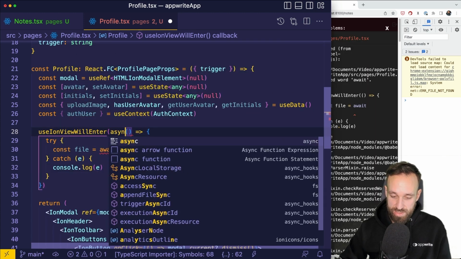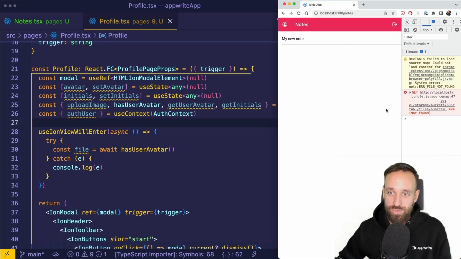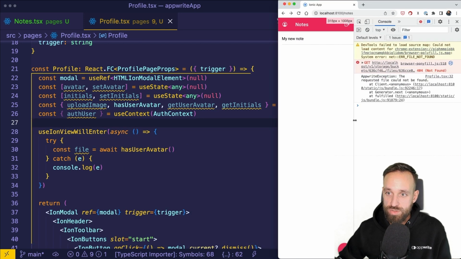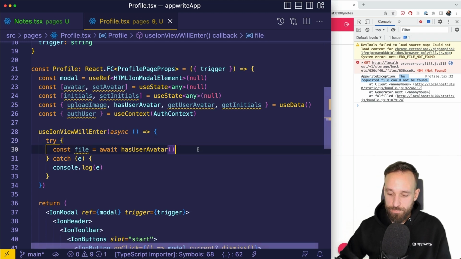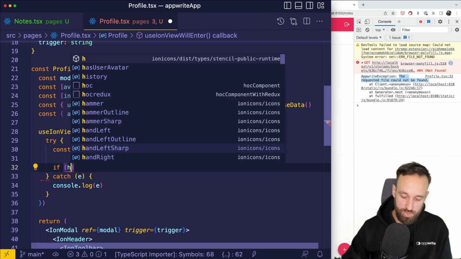And most likely we should get an error right now because we haven't uploaded a file, and we do get that. The requested file could not be found. So you usually get a 404 because it's trying to access the storage bucket and you don't have that file. However, if we do have a file,